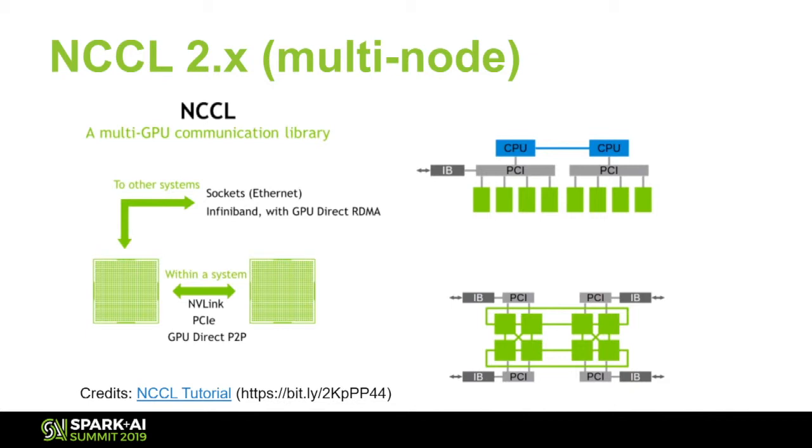For example, in the top right of the slide, you see the connectivity: all the GPUs, the green boxes, connected to CPUs through PCIe, and there is no private link between the GPUs. But in the one at the bottom of the slide, there are better connectivity options available between GPUs. So it's possible to have multiple overlapping rings, and that will be used when the GPUs need to communicate with each other.